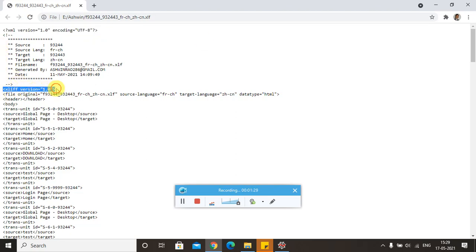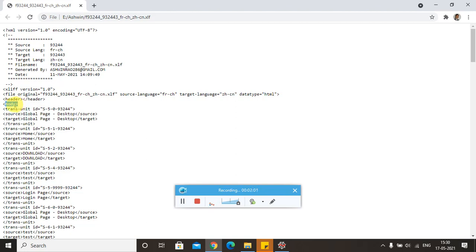The XLIF document is composed of one or more sections, each enclosed within a file element. The file element consists of a header element, which usually contains the metadata about the file, and a body element, which contains the extracted translatable data from the file.